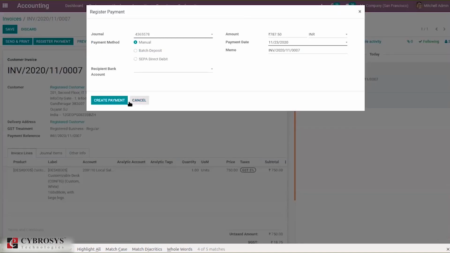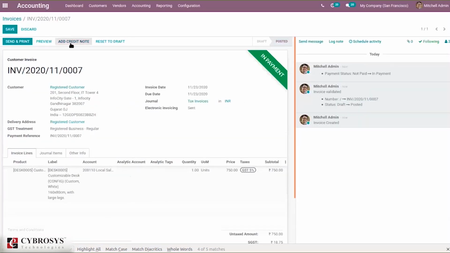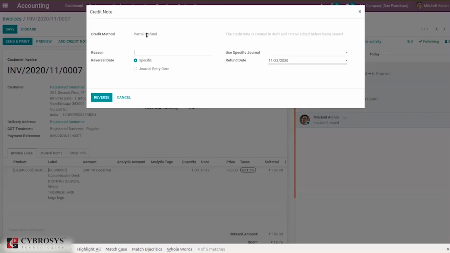So for this amount, payment is registered. That is, payment is done. Then also you can find the option to add credit note, and when you register the payment, that is after payment, if you're creating a credit note, you can see the credit method is partial refund, and you can mention the reason. This is because of return of goods,